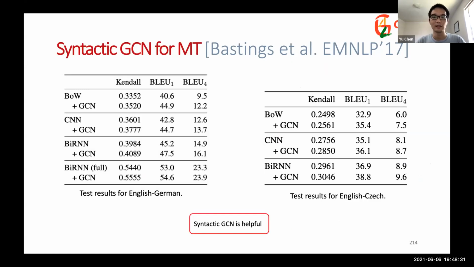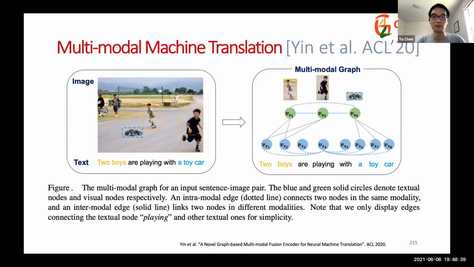And the results show that encoding syntactic information using GCN is helpful. Now let's look at this multimodal machine translation paper. So in this paper,